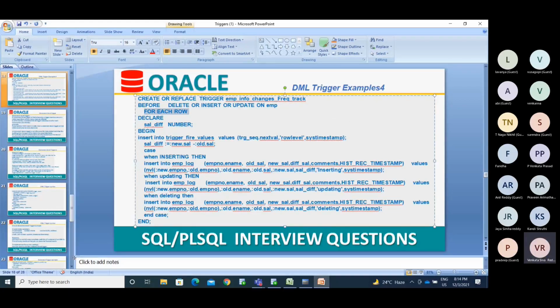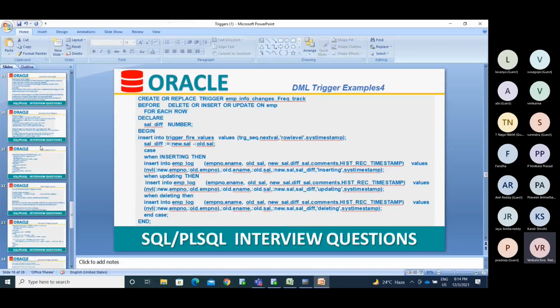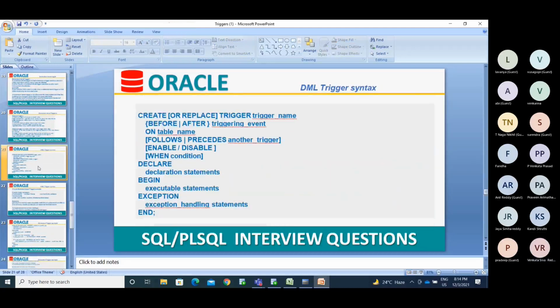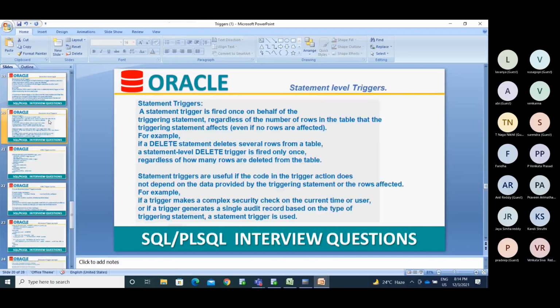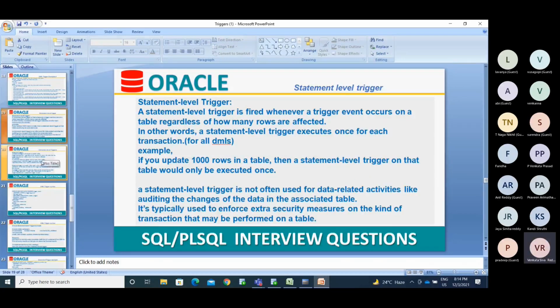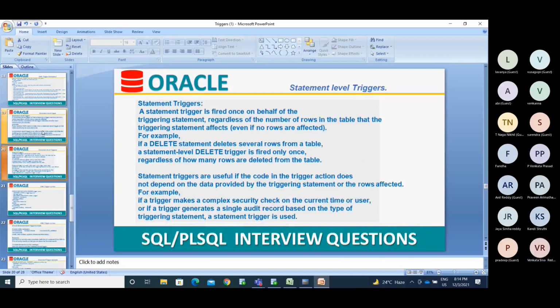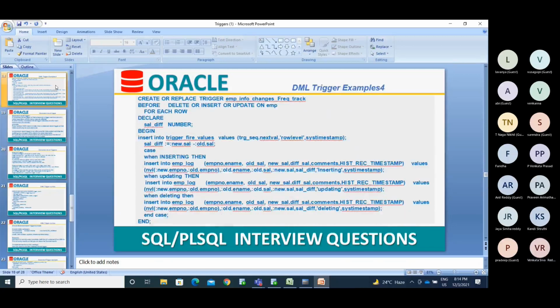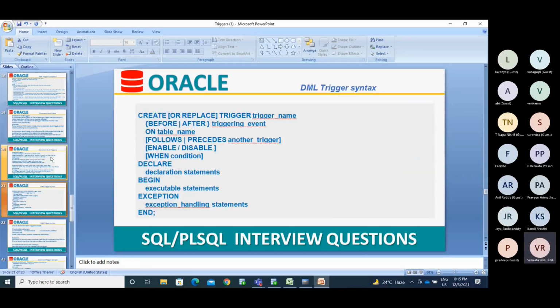We can put statement level and verify with that as well. Till now we saw the row level trigger. We are left with the statement level trigger, not the row level. We finished that.